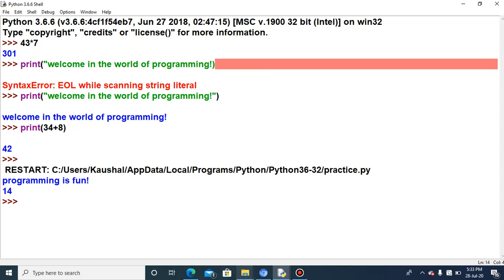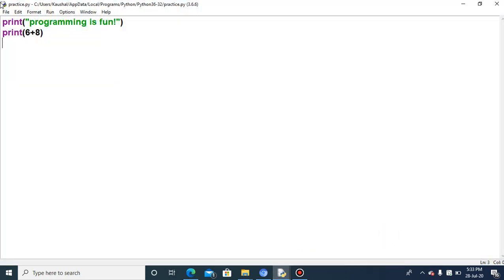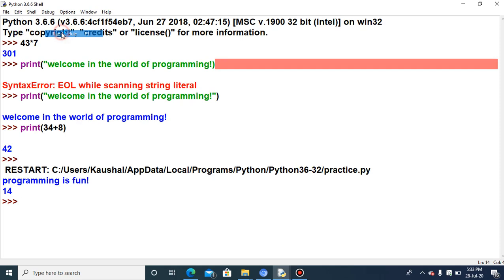Okay, so this is the script mode. One thing you have noticed here is that I have written the program in the script mode and the output is again coming in the interactive mode. Yes, the program's output will come in the interactive mode and you will write the program in the script mode. Then when to use the script mode? Script mode is used when I write the commands by clicking on File and New. As many commands as you want to write, you can write them over here. Then you click on Save. Afterwards you click on Run and then Run Module.